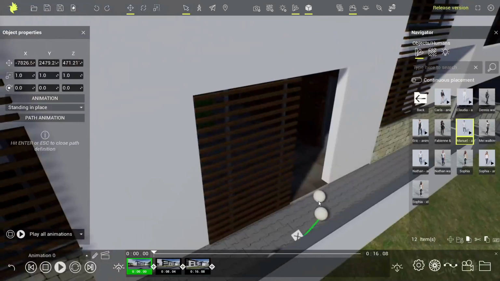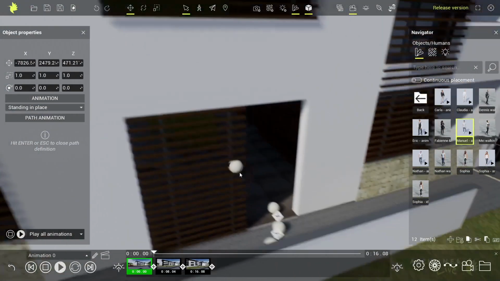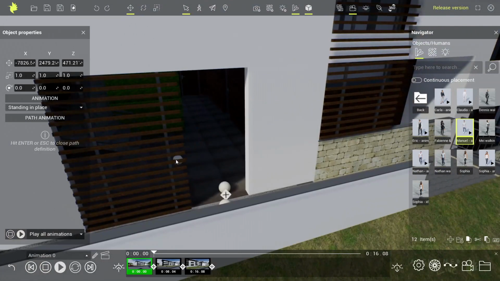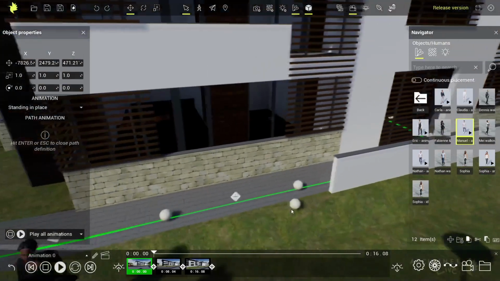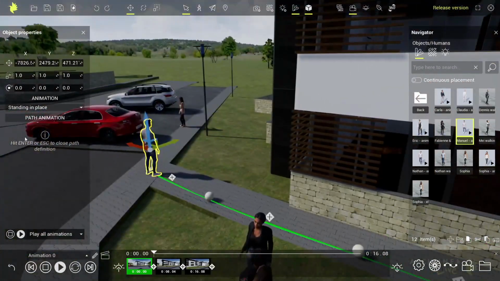And in case you would like to turn him over, you should refine the path with a little bit more of these nodes. And take care, because you can actually click on any sort of surfaces, and we don't want Manuel to walk on the wall. So actually just like that. And then once you are done, you can just hit enter as you're instructed here, or hit escape. And once you do that,